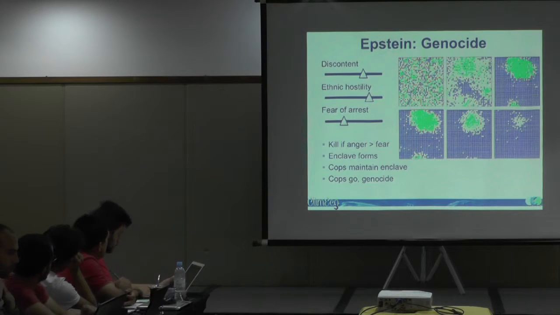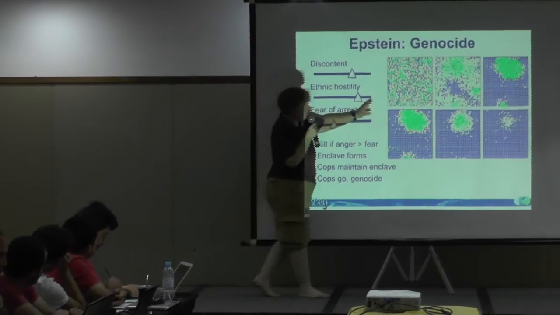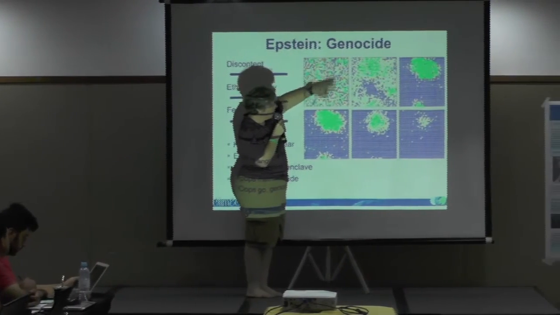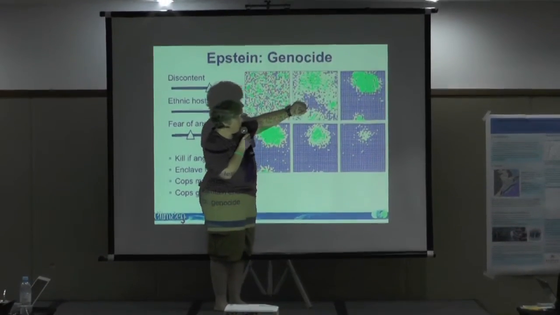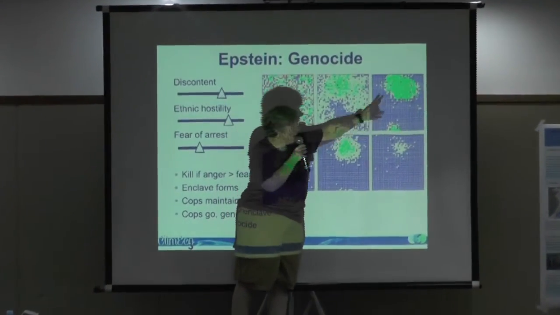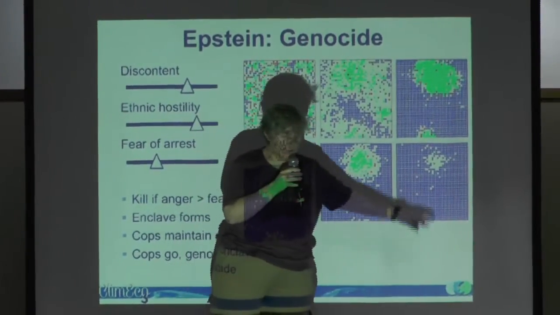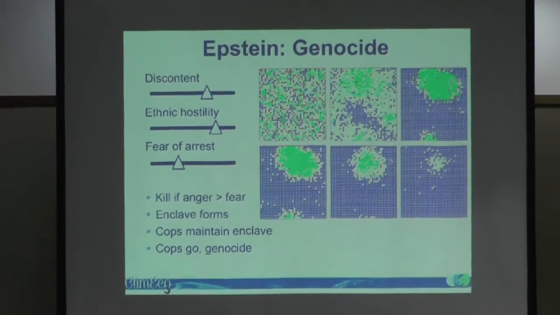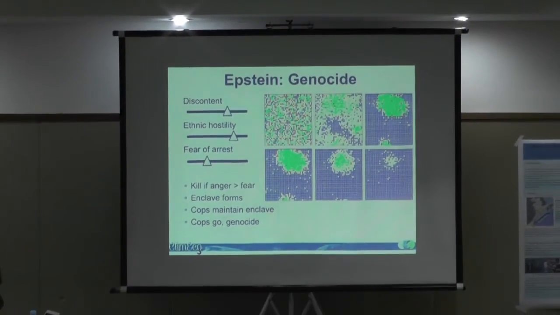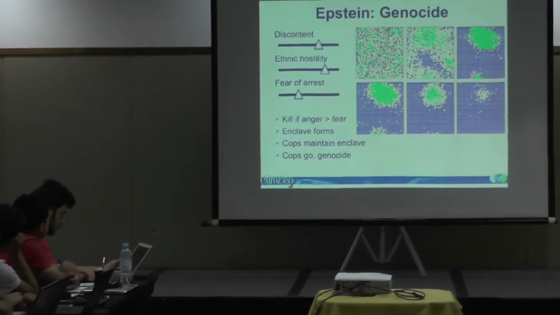So as soon as your discontent rises, your fear of arrest has dropped, and ethnic hostility slides up, you go from a place where you're all rather okay interacting, you get that disaggregation we showed before in the polygons. As that continues, you start to see enclaves form, and ultimately those enclaves are destroyed. It's again only 4 equations that you need to be able to produce this behaviour. It's all about the interactions of perceptions and your chance of having a perverse outcome on the end.